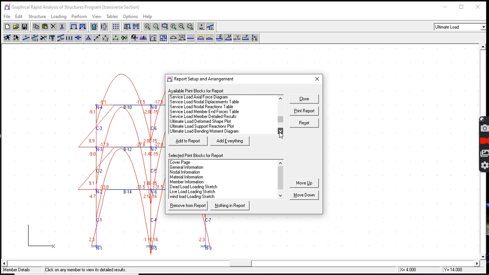result. Okay, ultimate load. So they are shown one by one, but we will not go through them one by one. Ultimate load, support reactions, bending moment diagram, shear force